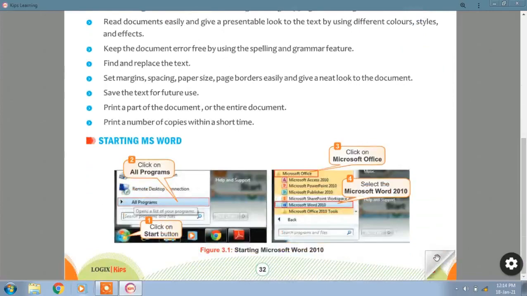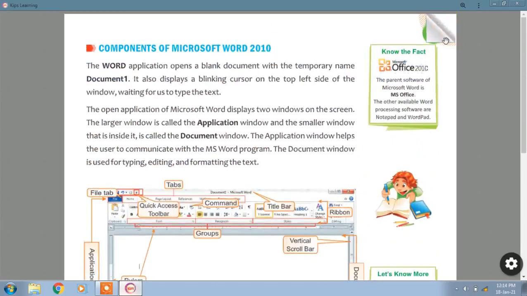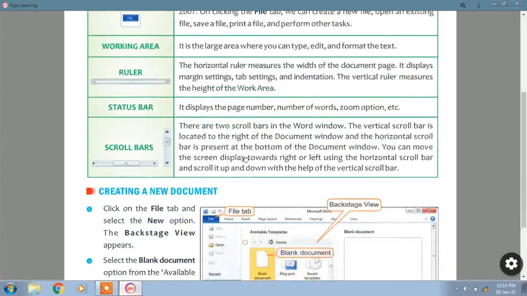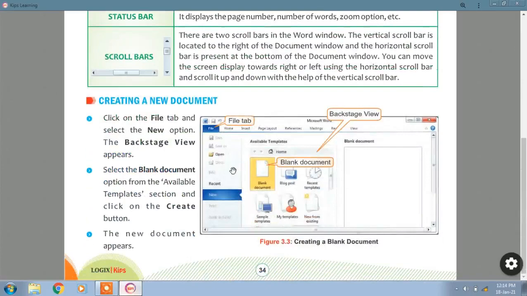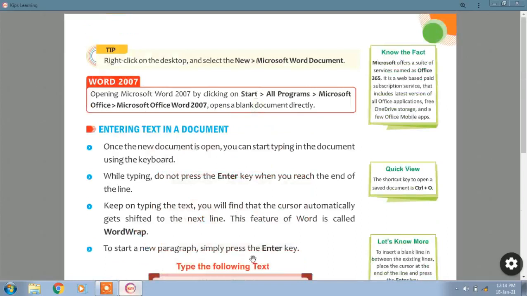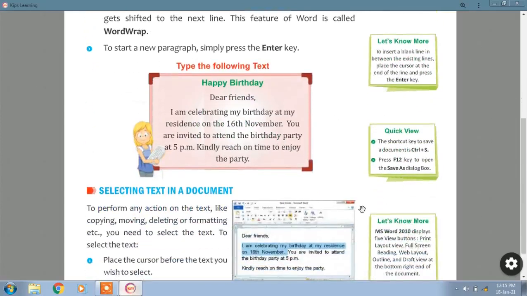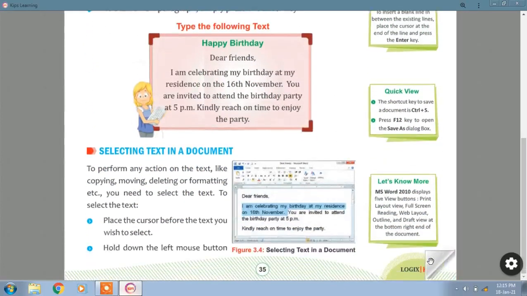Once you go through the shortcut keys, okay, it is not there on the first page or the second page. So on the second page we don't have any shortcut keys. Then the third page, creating a new document. To create a new document, you can use Control plus N. You can use Control O to open an existing file, like our Open dialog box. Then use Control plus S to save the file, and press F12 to open the Save As dialog box.